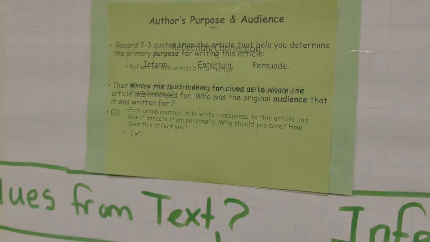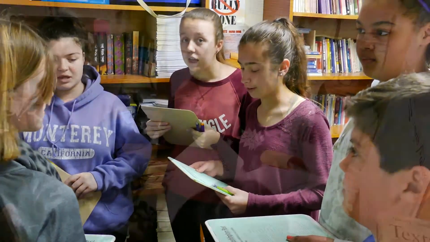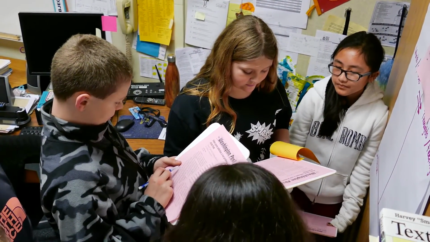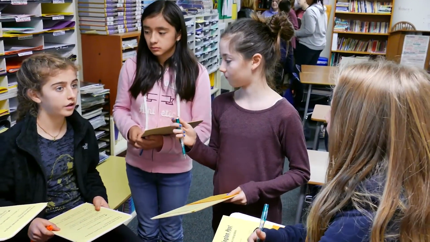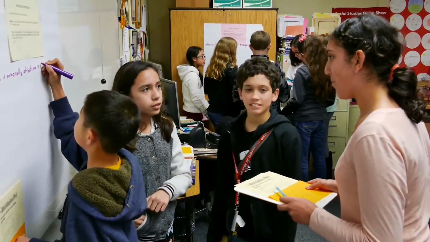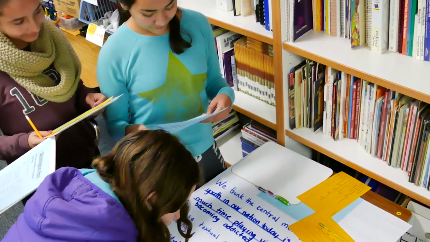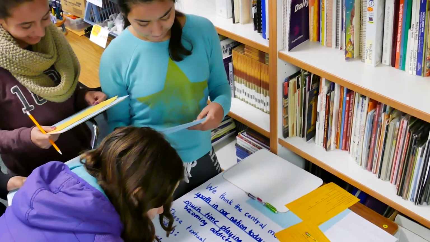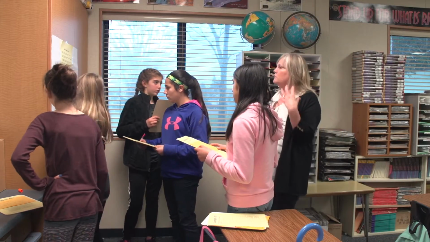In that corner, they'll see their task. They will work together. They get 1 pen. They read the task, and they discuss what it is they were supposed to write about and teach the rest of the kids about. For example, if their job was to find the author's central message, they'll discuss what they think the central message is and the evidence, the textual evidence that supports that. When they have a group consensus, they take turns using the 1 marker and write that information down.